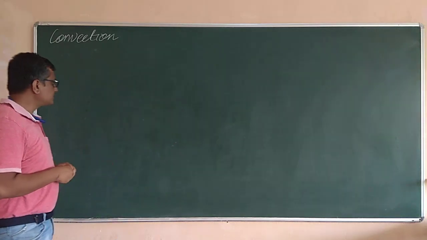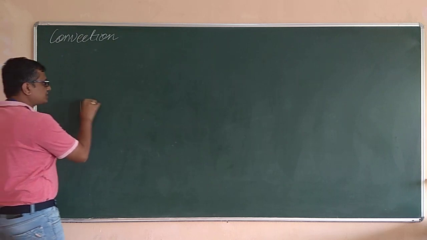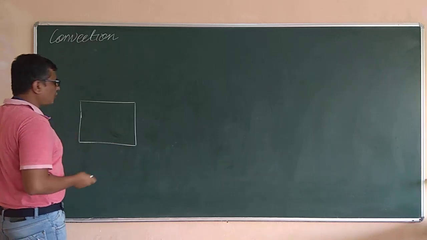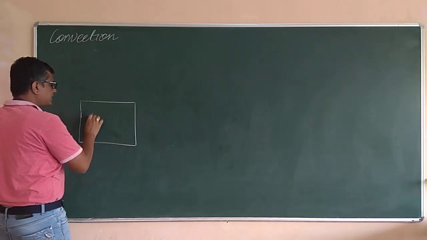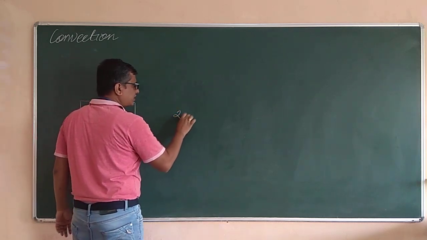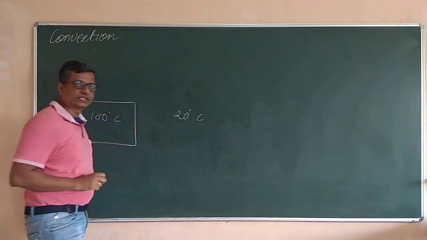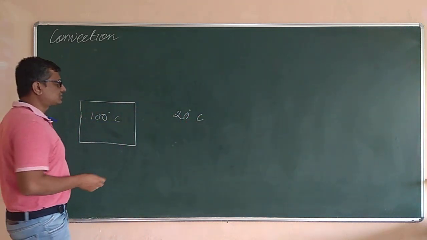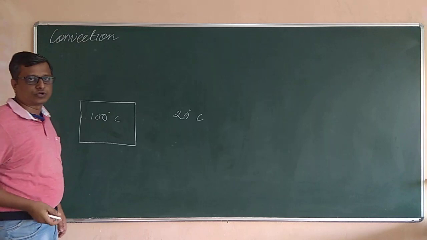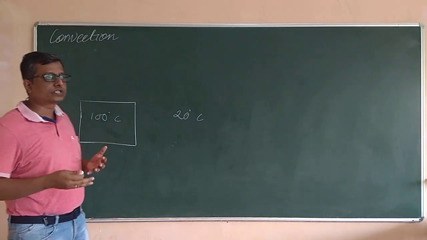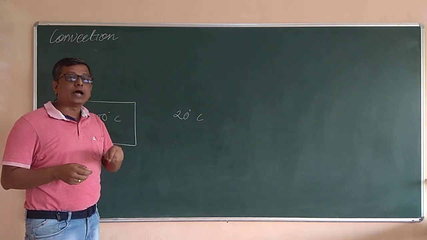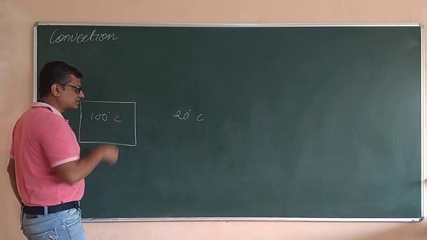Now in convection, what happens? Suppose I take a hot surface, say this is a hot body, any metallic block maintained at a higher temperature, say about 100 degrees Celsius, and the surrounding air is at room temperature, say 20 degrees Celsius. The surrounding of this block has air molecules, plenty of air molecules, and they are in motion, continuously moving here and there in a zigzag way, colliding with one another as well as colliding with this solid surface.